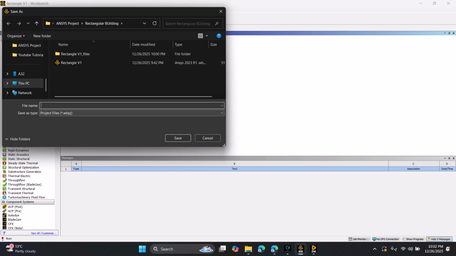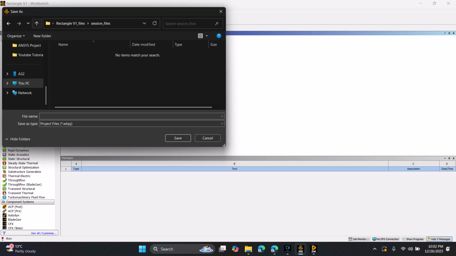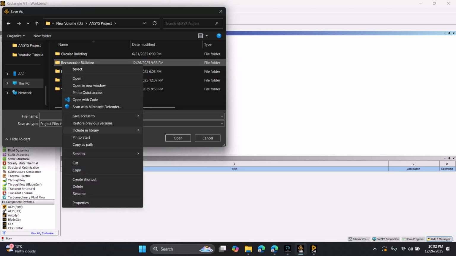A wbpj file with other supporting folders and files, as you can see here. So if I need to send this file to my colleague or friends or anyone interested in this project, I need to send this whole folder. And if I send this file alone, they cannot access it. And in email, I cannot send this file easily because it has a big size,